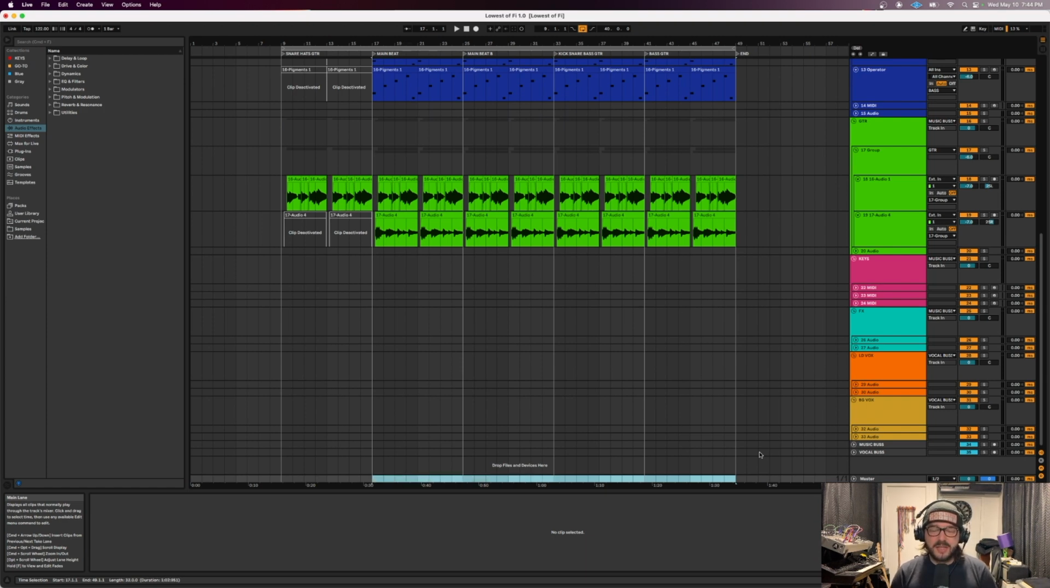You can see it's highlighting each region in between each locator. So once I've gotten to my last locator, or in this case it would be my first one at the beginning of the song, now I know that I've got everything I want to bounce or export highlighted in my